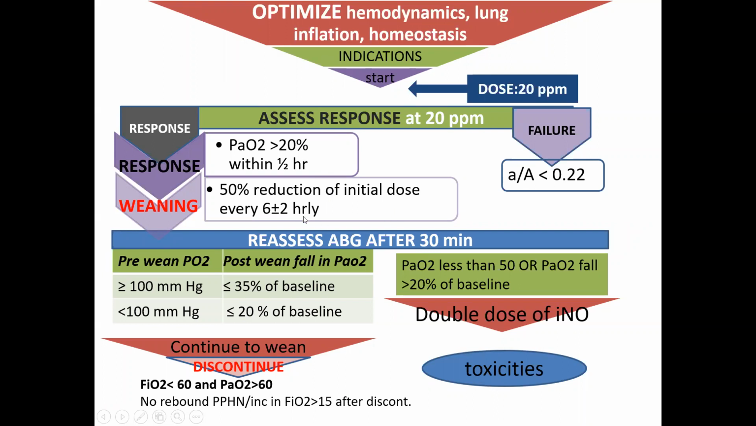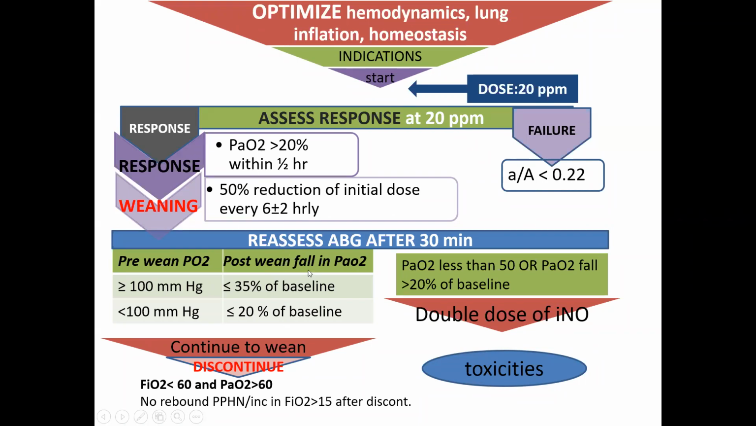So if you've started from 20, one can come to 10 ppm. We generally go a little bit slower. So from 20, we generally come down to 15 at 6 hours and then come down further to 10 ppm. Now, if this doesn't happen, or if the arterial by alveolar ratio is less than 0.22, then it's called failure of nitric oxide, and then one can slowly taper and stop nitric oxide completely. Whereas if there is